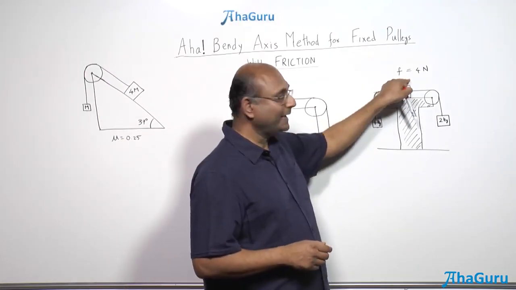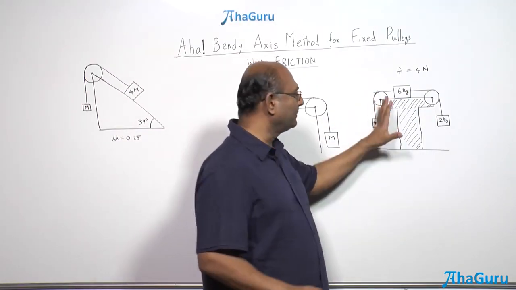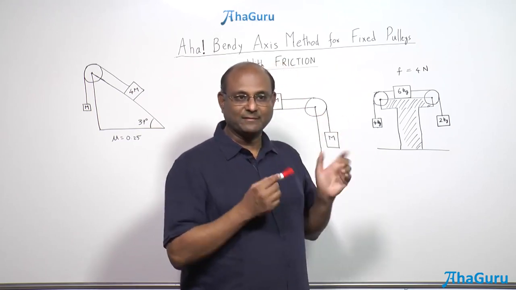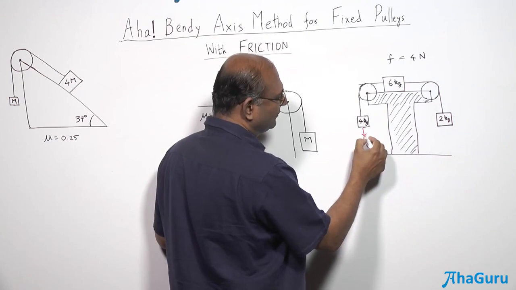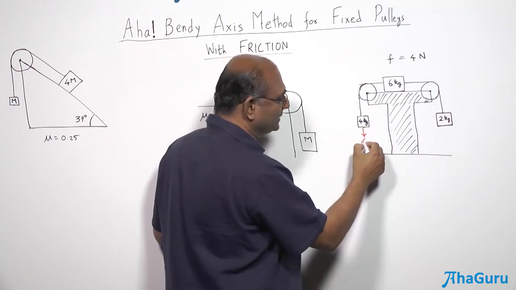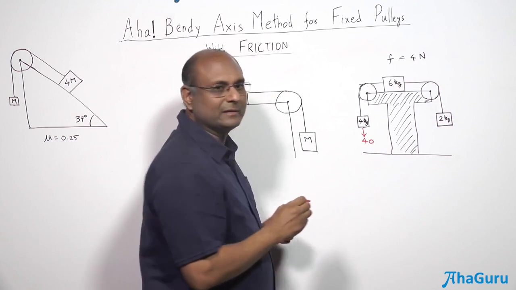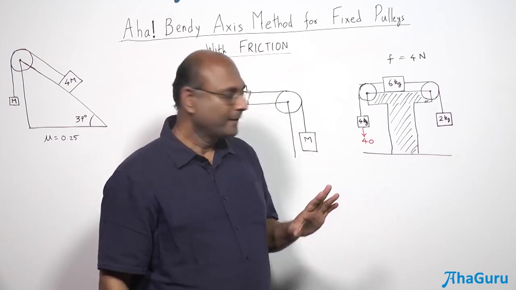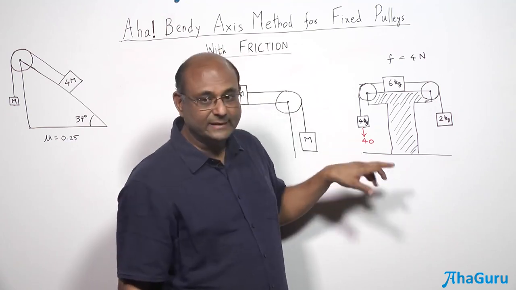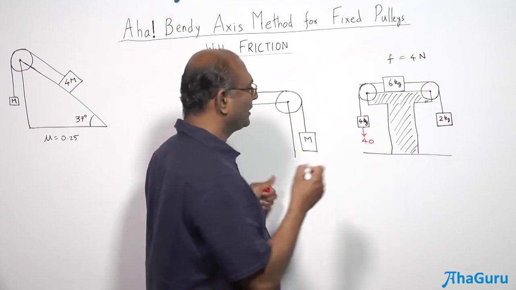Okay, here what does it say? The friction value for this problem is 4 newtons, that is given. So how do I solve this problem? First of all, I look at this. There is a force of 40 newtons downwards. So whenever the mass is given, it's a good idea to just multiply by g as 10. Okay, so this is not 40 mg, this is just 40. So this is 40 newtons,